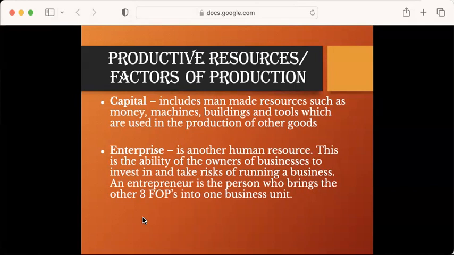Now, see, for example, there's land. Let's say, for example, there are trees in the forest. And there is a laborer who is very good at cutting down trees and turning them into timber and making tables and chairs out of it. He's a talented person. And there is equipment like saw blades and machines for cutting trees into timber and wood and so on. But these three will stay as they are,